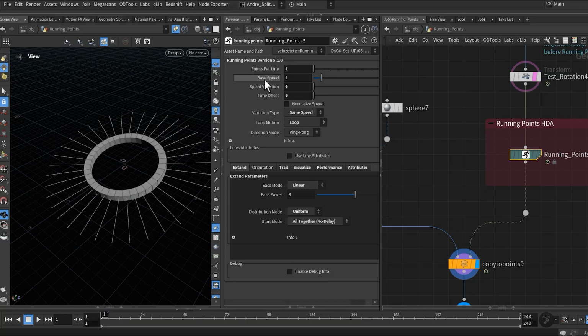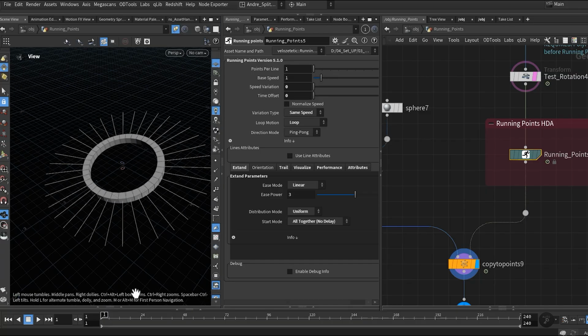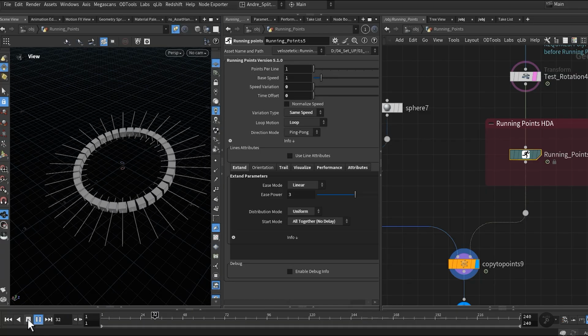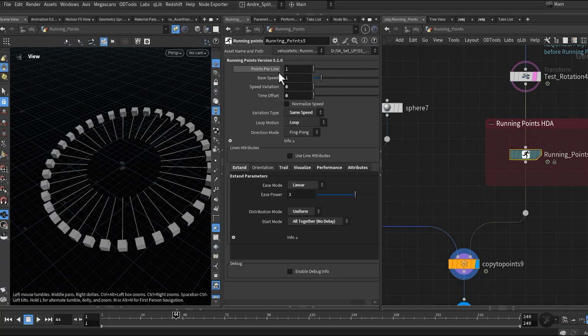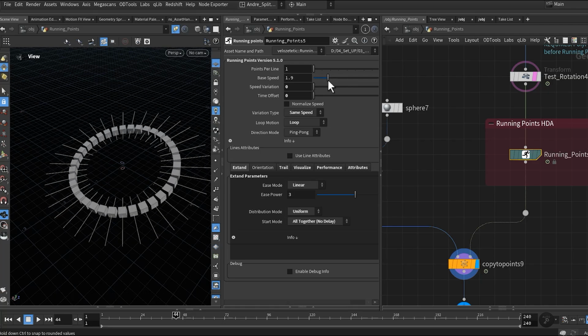Okay, main parameters: point count, base speed, and variation. Now we have only one point moving on a curve. Base speed you can change.